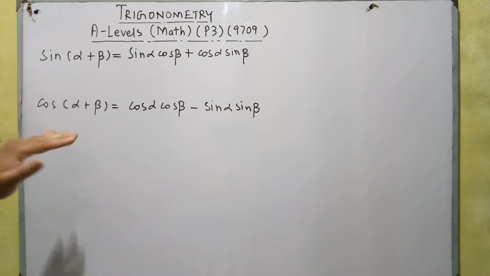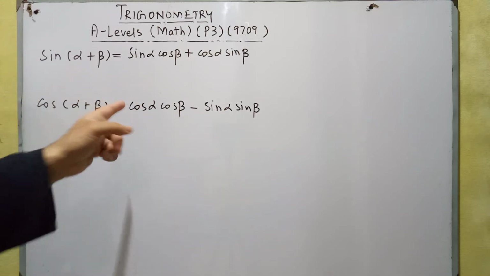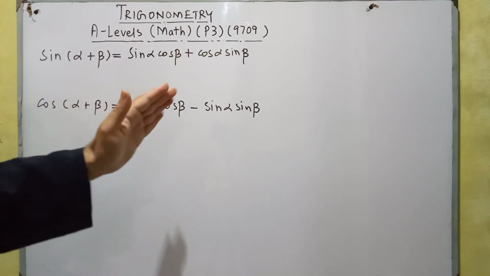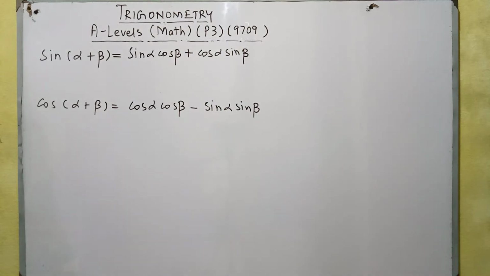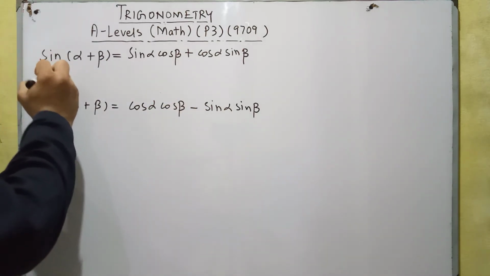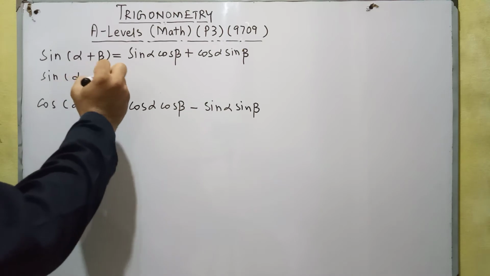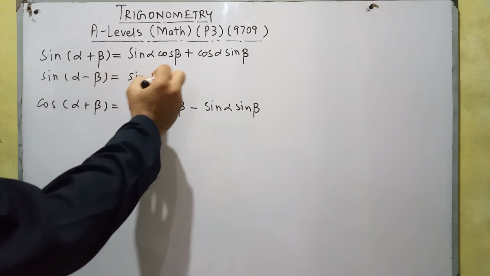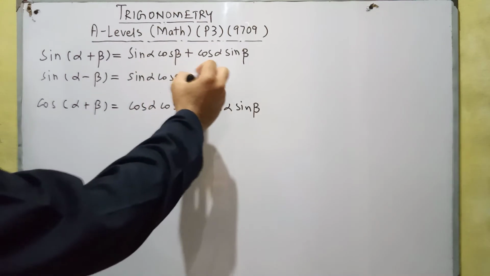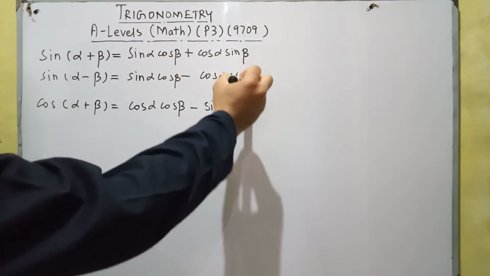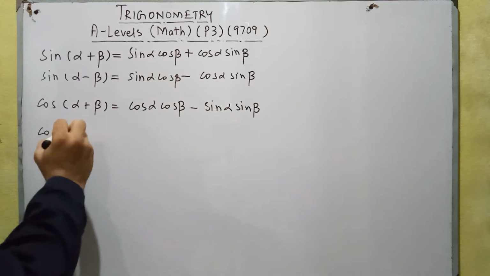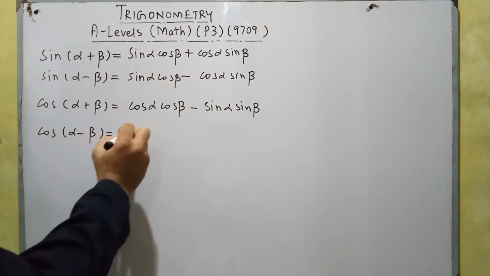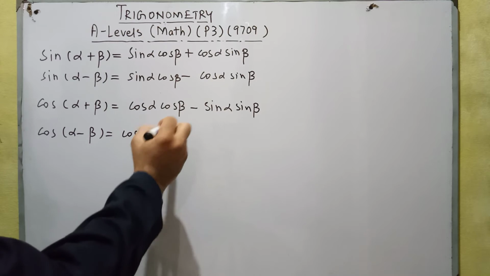But in case of cos function, we will not have opposite function, we will have same functions. Like you can see that cos function is coming with cos function and sine function is coming with sine function, but we have opposite signs. We can see here that here we have positive sign and here we will have negative sign. So we can write sine alpha minus beta will be equal to sine alpha cos beta minus cos alpha sine beta, and cos alpha minus beta will be equal to cos alpha cos beta plus